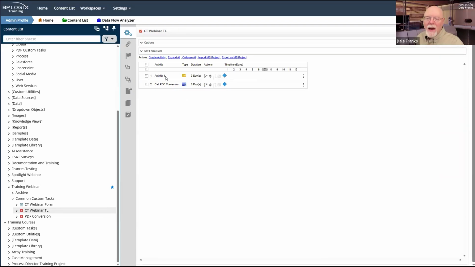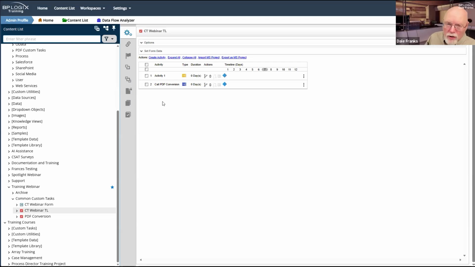So let's say that activity 1 is now a user activity. I'm going to submit my form. What it's going to call next is the run process custom task. It's going to invoke the run process, and then we are going to immediately move to the next activity in the process timeline.